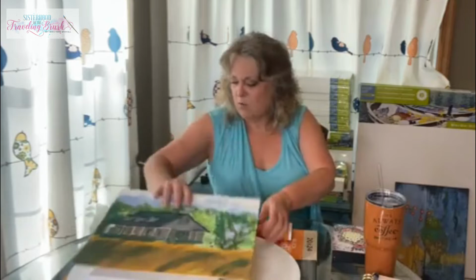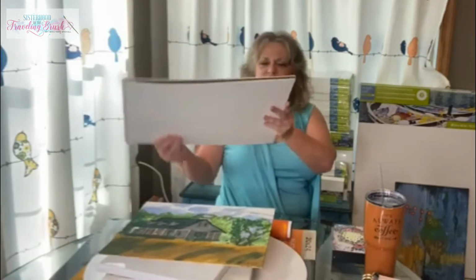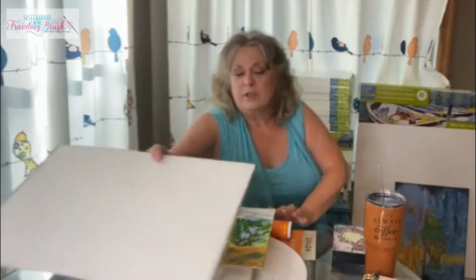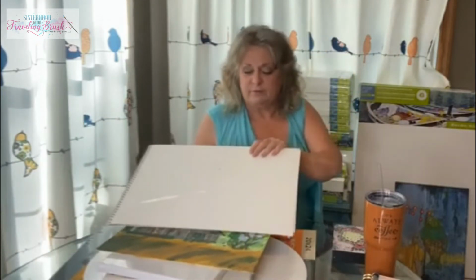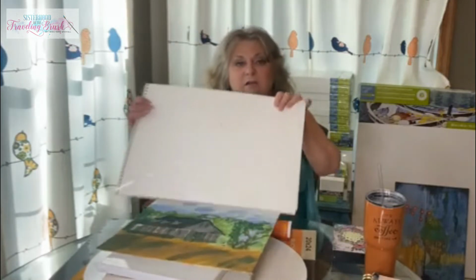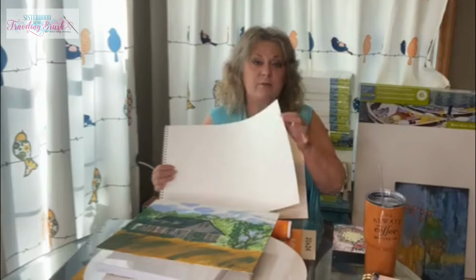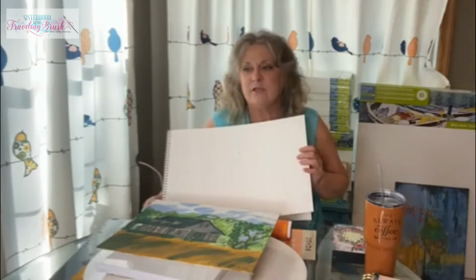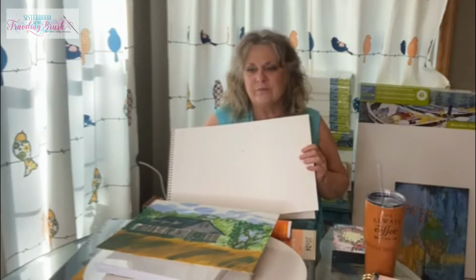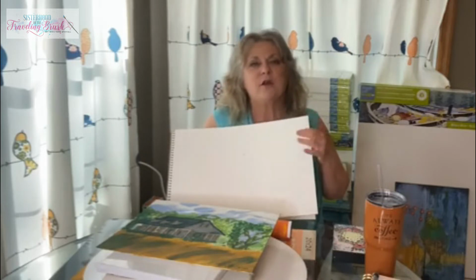The next thing I want to discuss will be like canvas sheets. Let's see if this one's even canvas. Nope, this is watercolor paper. But in this same type of format, you can get canvas sheets, and somewhere here I have them, but I'm not going to leave you to get up and go look for it. You can get them like this as well, and this would be pieces of canvas, and I do buy those, and it's about $1 a sheet or something like that, up to $2 a sheet,